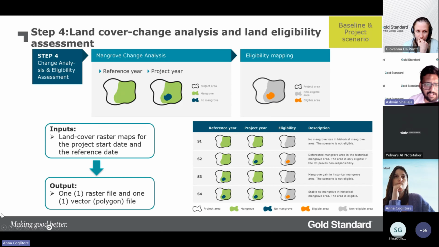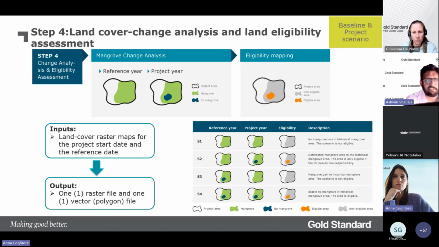Yeah, and the final step is land cover change analysis, to map how the mangrove area has changed into mangrove area and area with no mangroves. So, just to take a deeper dive into this specific aspect, what this means is that, let us say the project start date is 2024. So in 2014, the area which is eligible under the project should have no mangroves. When I say no mangroves, it essentially means the mangroves there should not fall within the threshold of the definition of forest set by the host country.